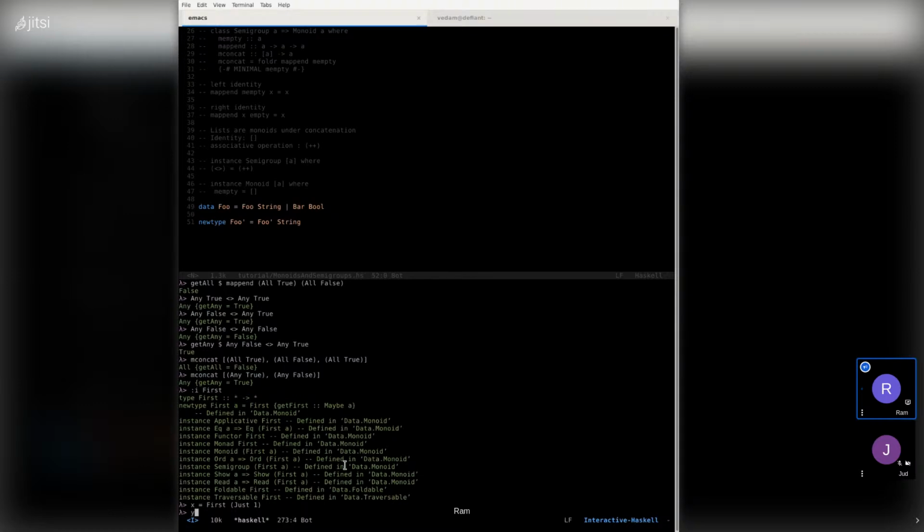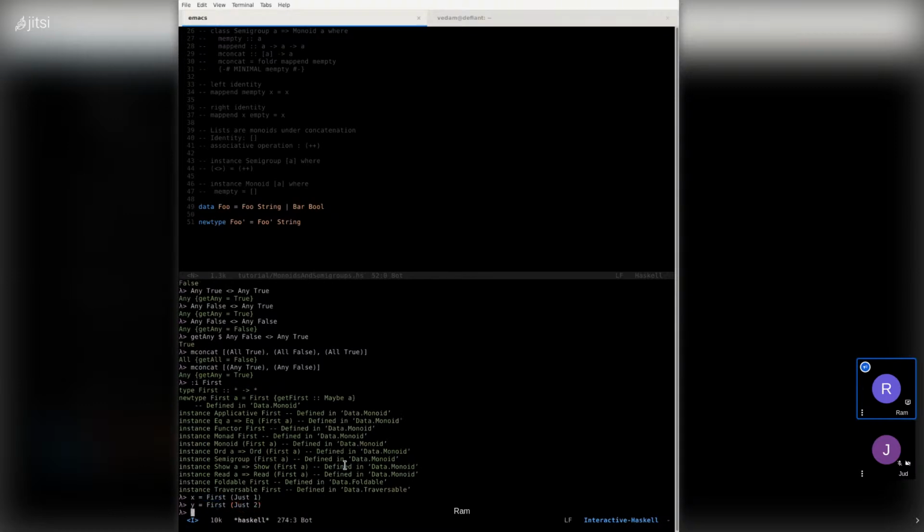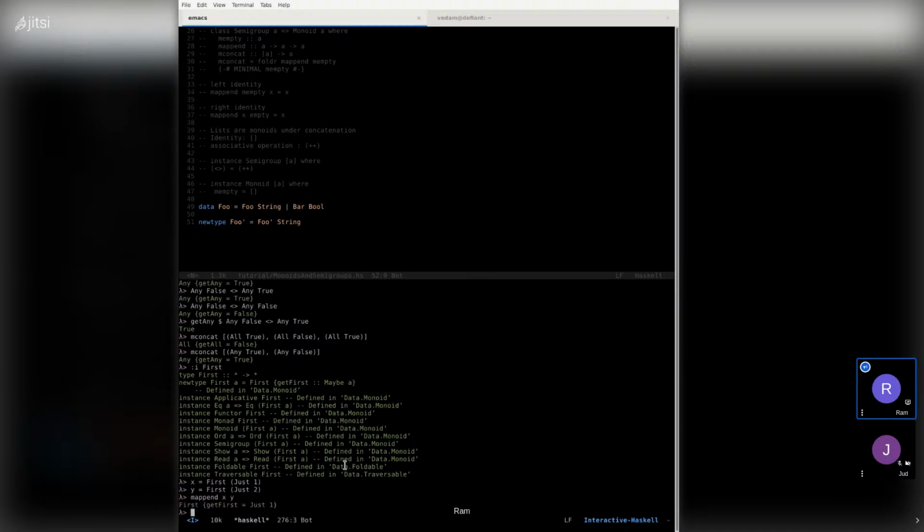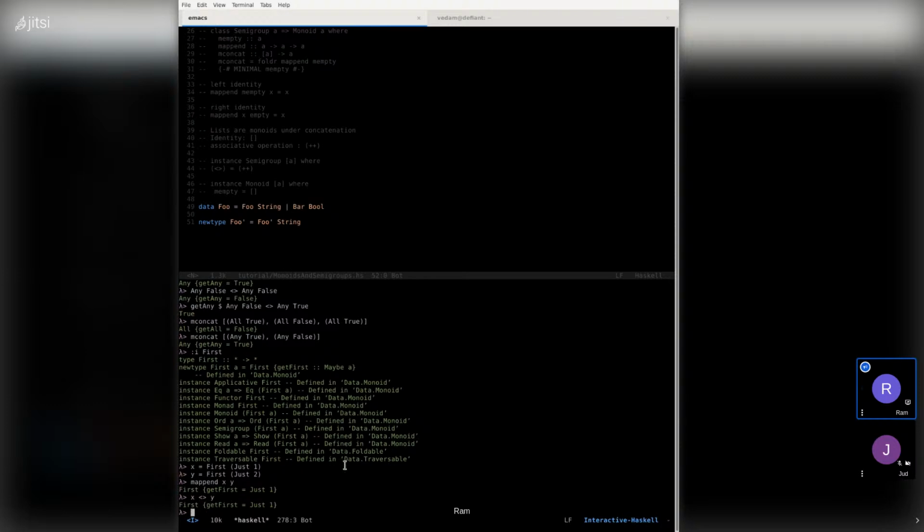So let's say that we have two values, x and y, and we essentially call mappend on x and y. You'll see that we get the leftmost argument. That's the same if we do this too.